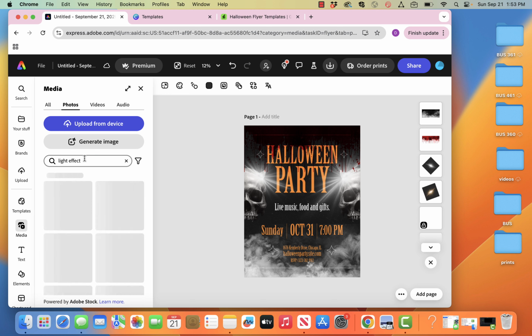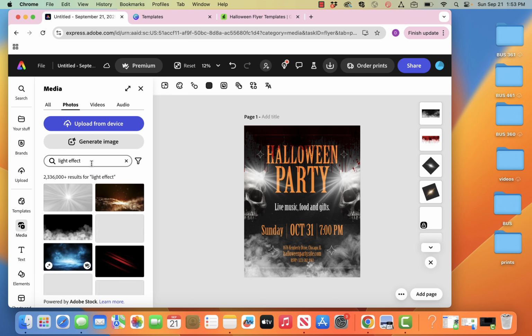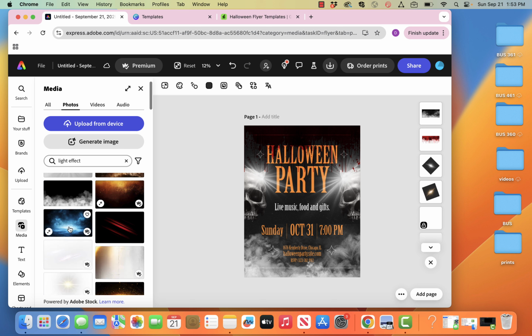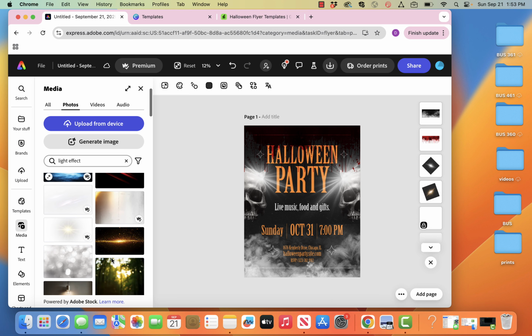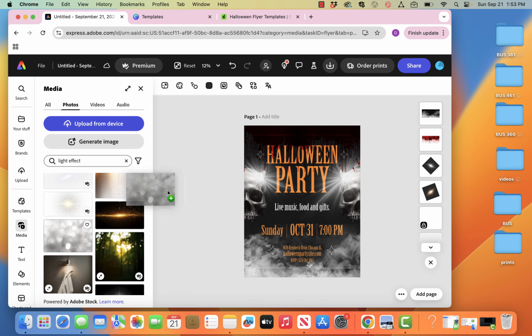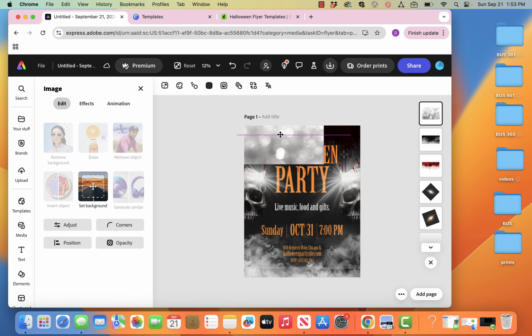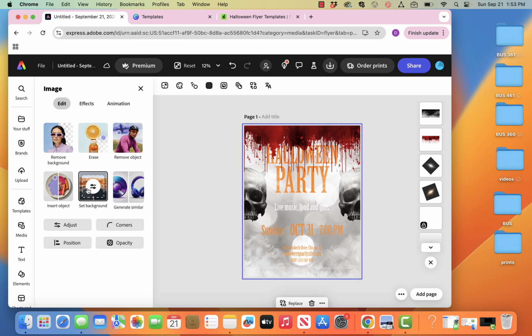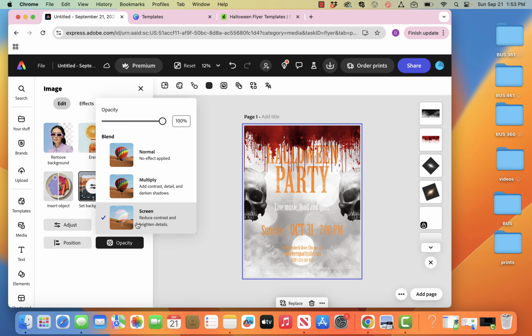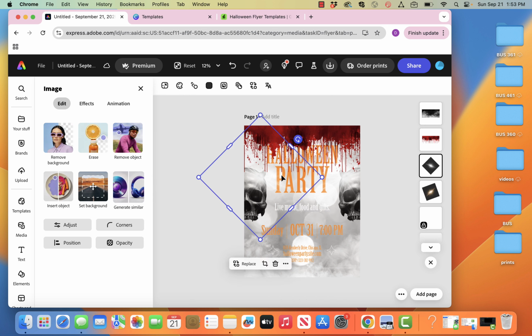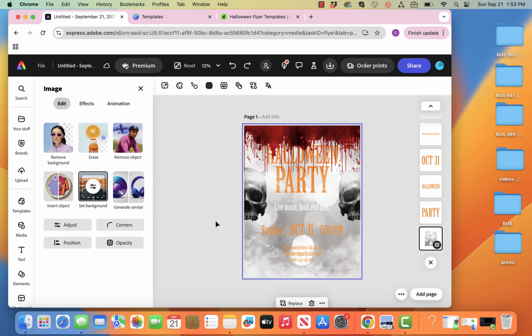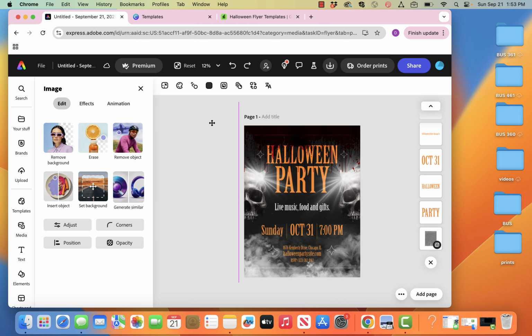But whatever kind of effect you want, I don't know what looks Halloween-y. This looks kind of creepy Halloween-y. You could see which one you're going for, and then you can add some kind of texture to your design. Actually, if I do this, set as background, and then change the blend mode to screen. Yeah, that didn't really do it for me, so I'm gonna Command Z out of that one. But play around with it